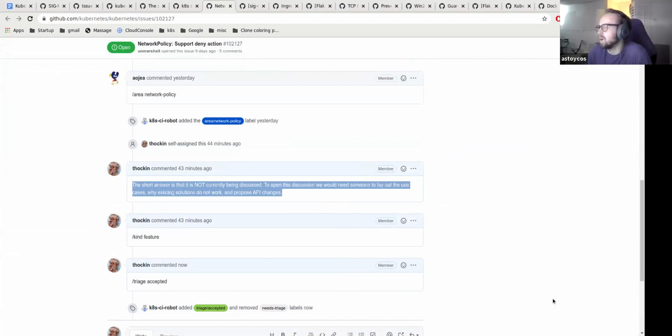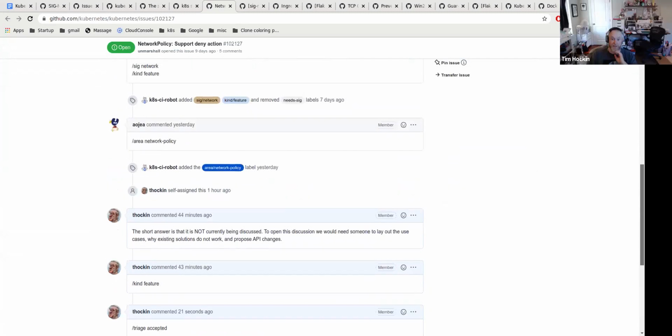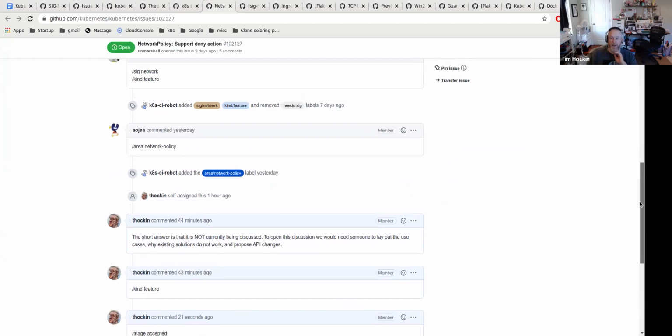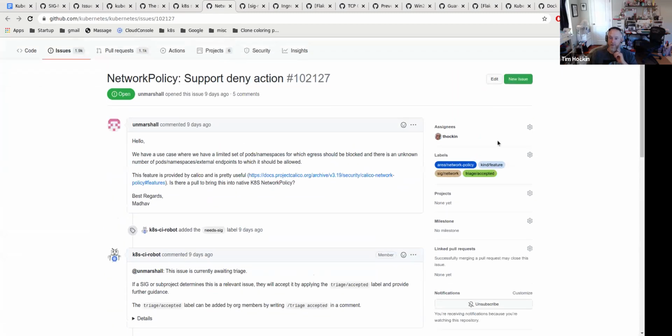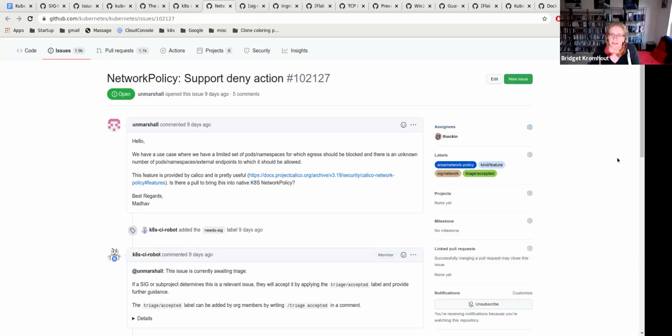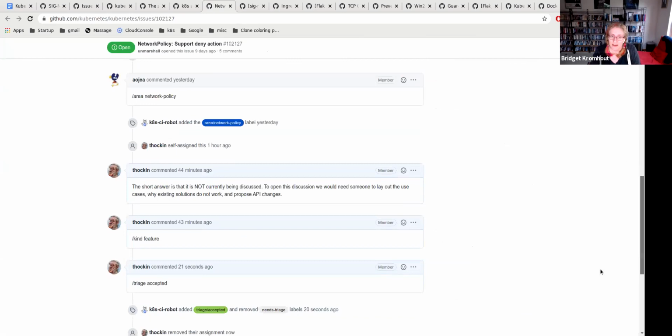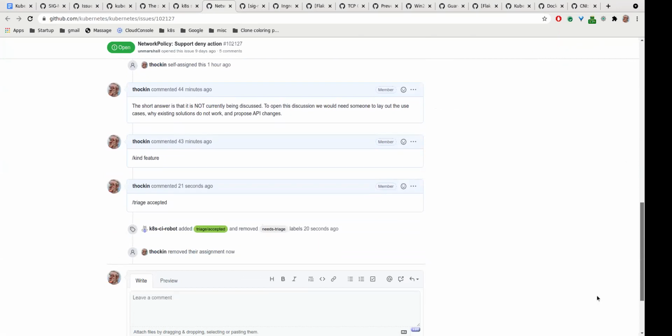You can assign it to me if you want. I can deal with it, or you can point them to the... I'm curious. This is KEP territory. Yes, this is KEP territory. So unless you want to actually go ahead and try to start thinking about a KEP, I don't know if you want to be assigned this. No. But we can maybe send them a link to the KEP process, because if they really, really care, they could work on it. So I think you can add a note here that in the cluster network policy, the possibility of a deny action is being investigated. And then we already have a KEP for that. So just point to the KEP.